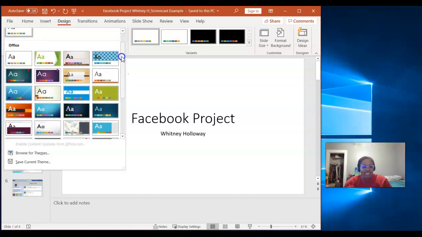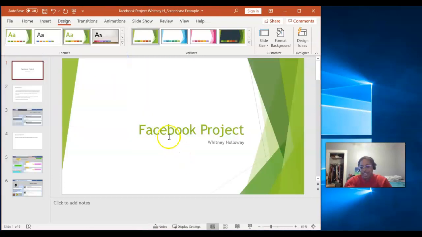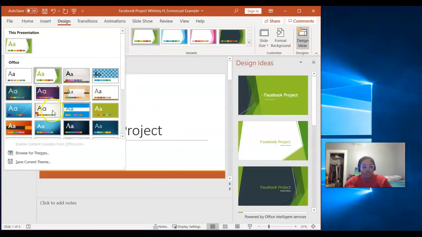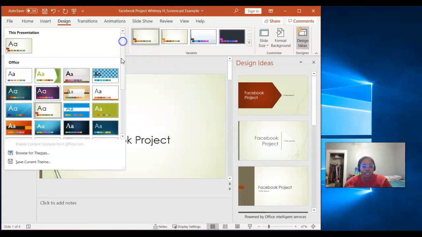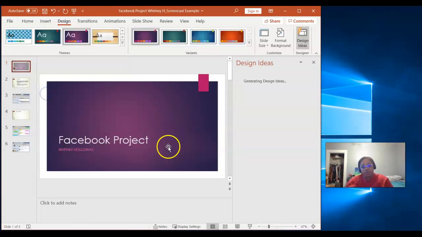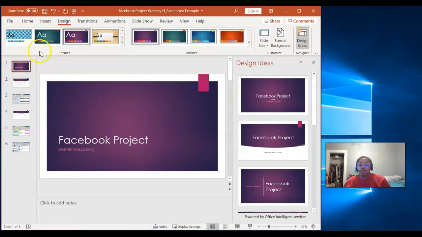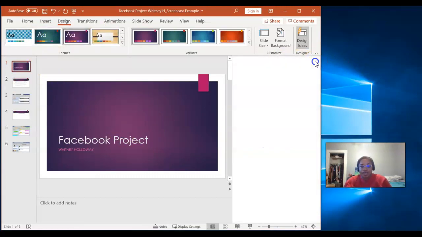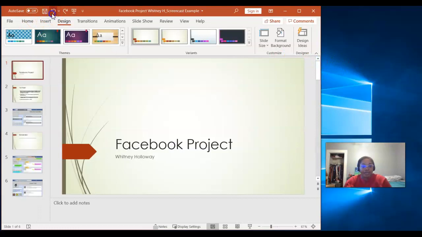So you can click any of these if you want to. You can click that. It changes it that way. You can click this one. You can, ooh, my favorite color is purple. We're going to click that one. You can do whatever you want and change it that way. I'm going to X out of this and I'm going to hit the back button to go back the way